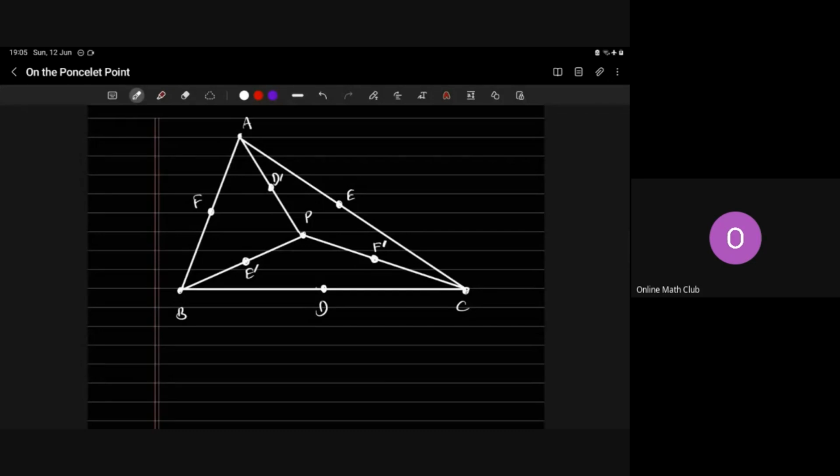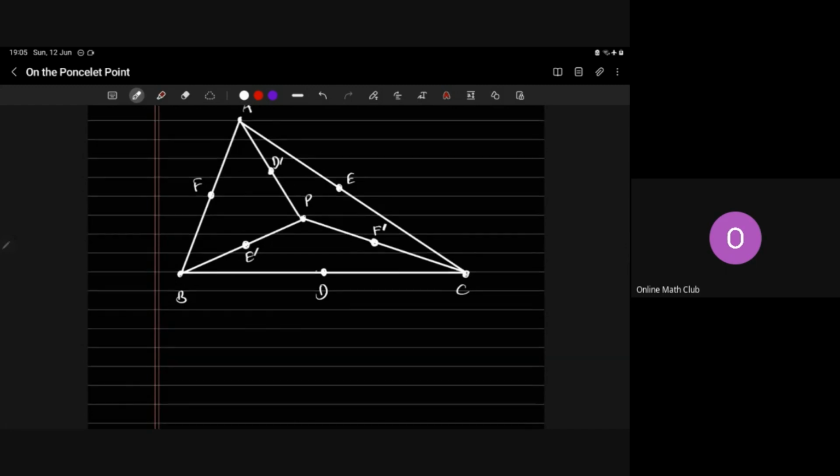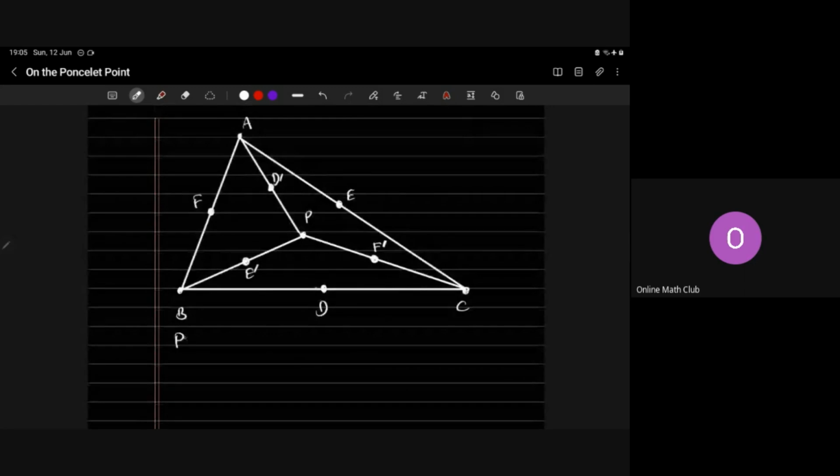So essentially, what we'll be doing is something on the Poncelet point, and I'll present a result on some concyclic centroids. Okay. So the Poncelet point is defined for a quadrangle, which means 4 points. We'll call them A, B, C, and P. The Poncelet point of ABCP